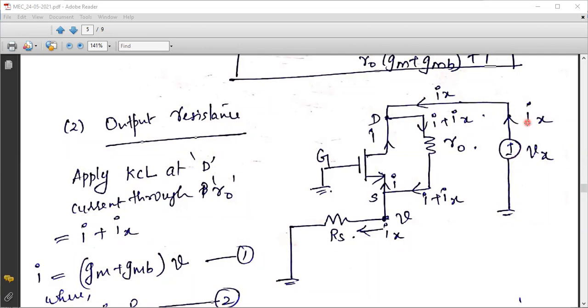So output voltage by output current is nothing but your output resistance. So what I will be doing is fixing a dummy voltage source Vx, through which I will consider a current Ix, and we are going to compute the ratio between Vx and Ix, that will be your output resistance. And I will not use RL in this computation. Why? Because RL will not have any effect on output resistance. RL is considered to be the external resistance, so that will be different. So excluding RL, I'm going to compute the output resistance of this particular transistor alone.